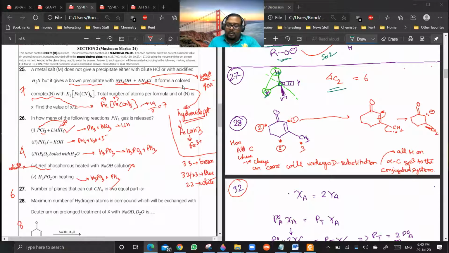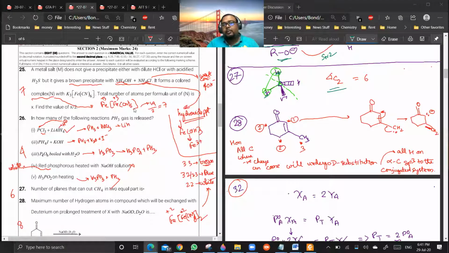Remember this thing: whenever you have a ferricyanide or ferrocyanide complex with Fe atoms only, and if it is 3,3, it will be brown. If it is 3,2 or 2,3, it will be blue, Prussian blue or Turnbull's blue. If it is 2,2, that is Fe2+ and [Fe(CN)6] with +2 here and +2 here, it will be white in color. Just remember this, it will be easier. Are you getting the point? This is a 3,3 complex.